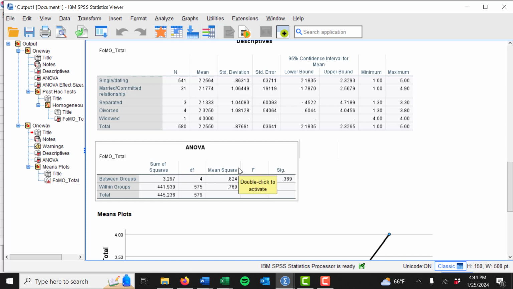you end up with a variance score, which is a mean square score. And if you divide your between groups mean square score by your within group mean square score, you end up with an F that gives you a ratio of explained variance to unexplained variance. Okay, so